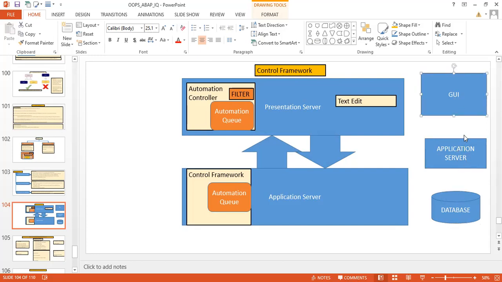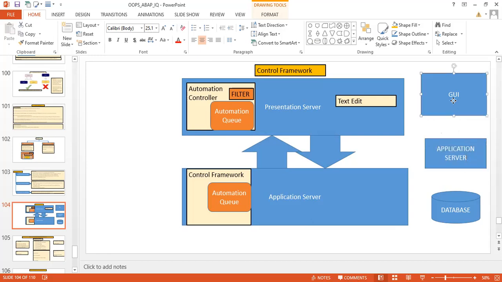Now suppose on the application server layer you are going to perform so many functionalities. Suppose you have a program and in that program you want to display 10 messages. All 10 messages should be displayed at the end of the program.